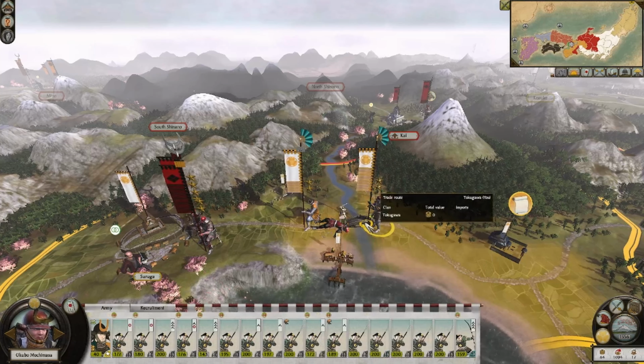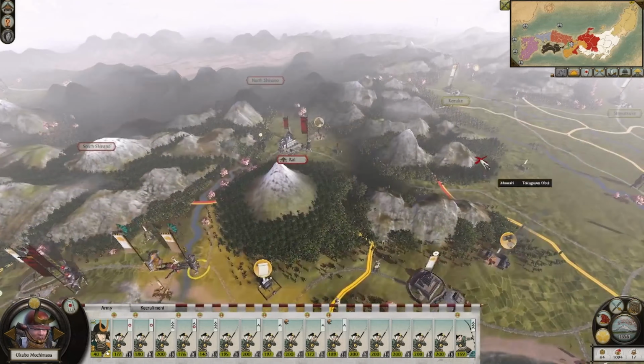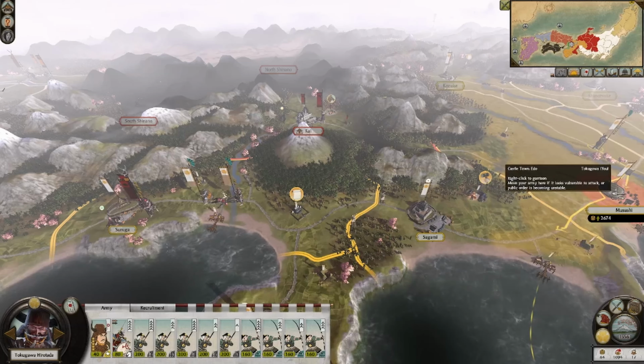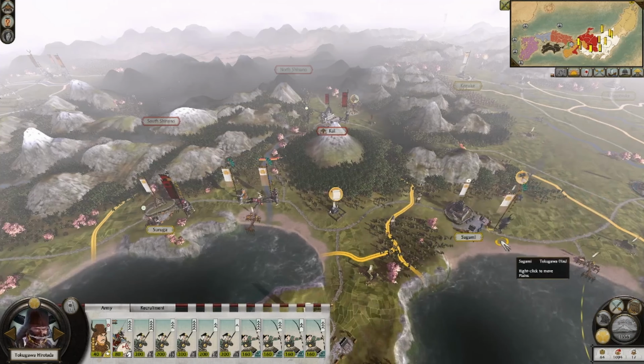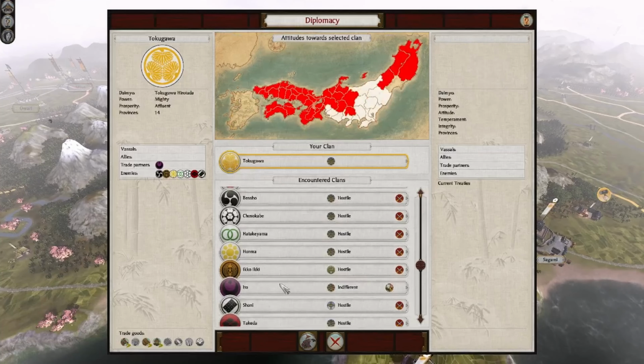I think I leave this guy here to retreat, and then this guy can defend the bridge. Meanwhile, my daimyo needs to keep marching up over here. Want him on the front line as well of this big fight. Now, we've taken out a stack. Let's see if Takeda is a bit more